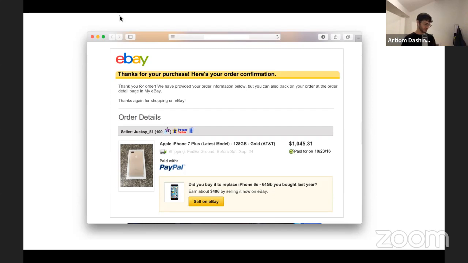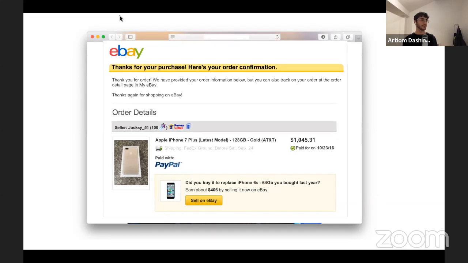They already have all the description because I bought it on eBay before. They have the category it belongs to, the description, probably even the photos. So they could reuse this information with 1 or 2 clicks and make it easier for me to publish it on eBay.